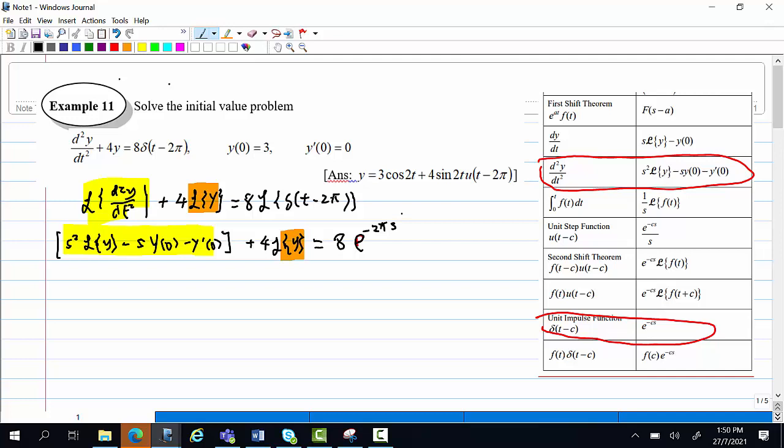We take note that y(0) is 3 and y prime(0) is 0, so this will give you 3, and eventually you get s squared